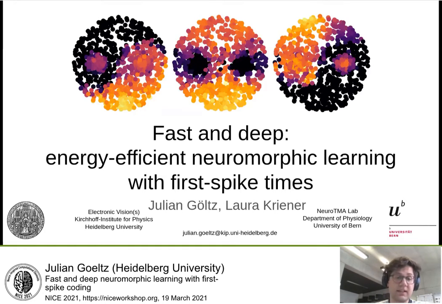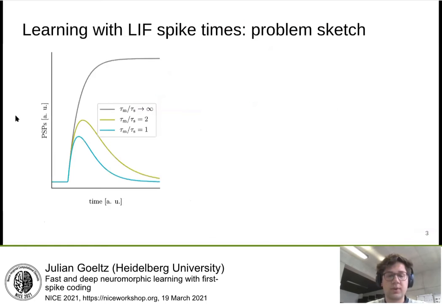We tested this on the MNIST handwritten digit dataset, and I'll describe the numbers later again. But just as a heads up, we have a frame rate of 10,000 frames per second, and still very, very low energy. But yes, how do we get here? First, I want to say why it's actually difficult to learn in spiking neural networks